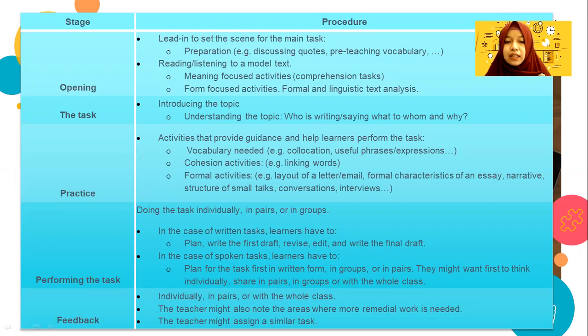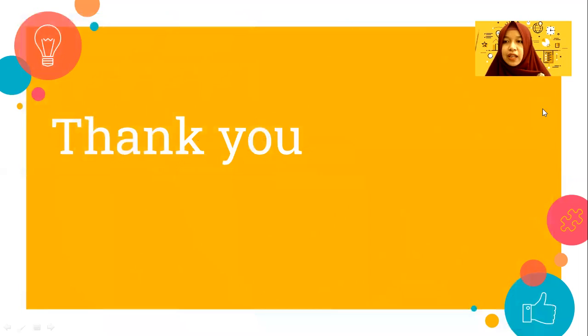And feedback, the teacher might also note the areas where more remedial work is needed, and the teacher might assign a similar task. This is the kind of stage and procedure you can see in this table. Okay, that's all the explanation related to the productive skills, how to teach the productive skills,